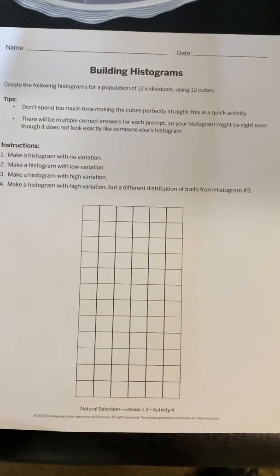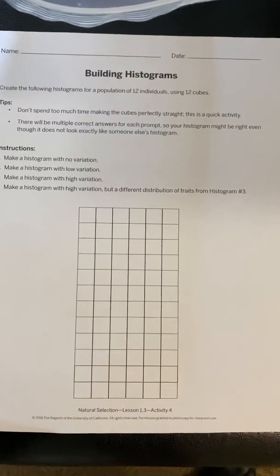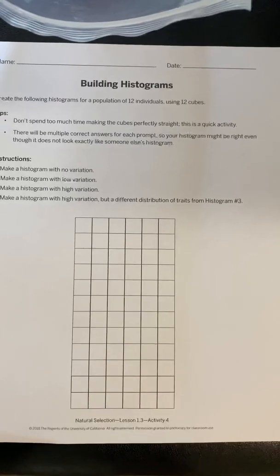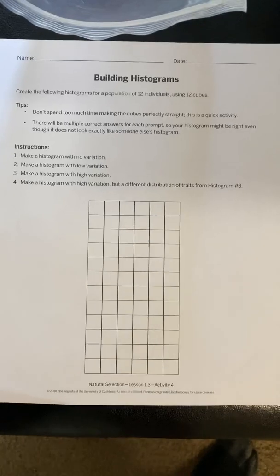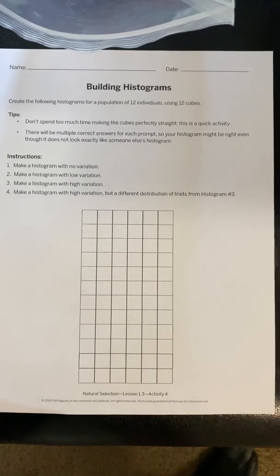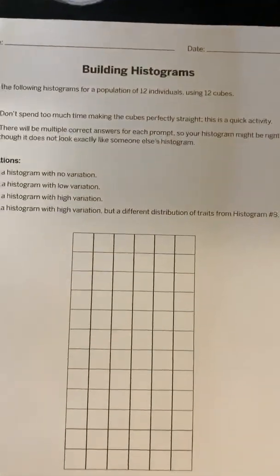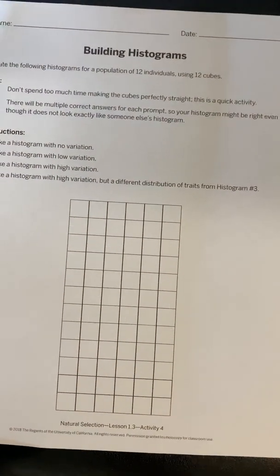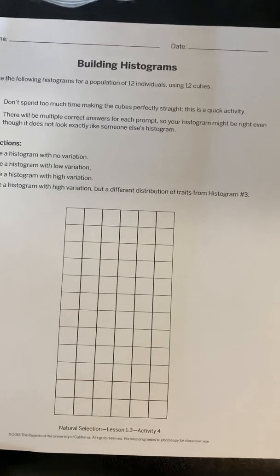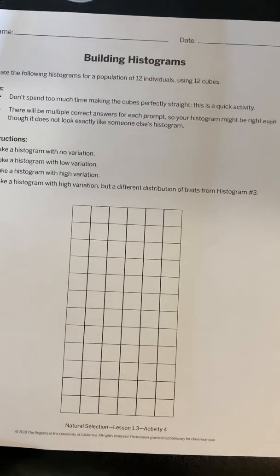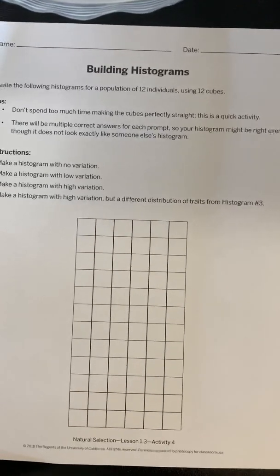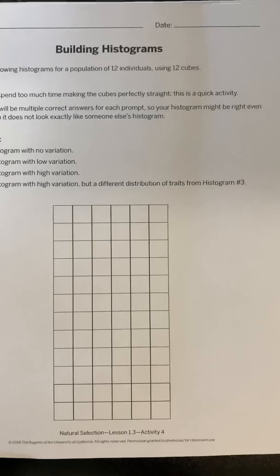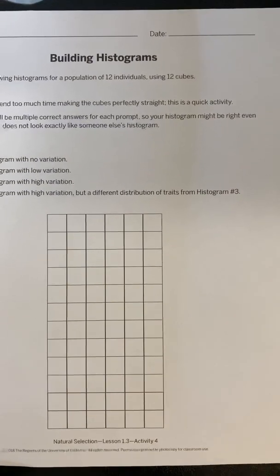All right, so this is activity 4 of lesson 1.3. We're going to make histograms for a population of 12 individuals. If we were in class, I would have given you 12 of those and this sheet, and you were going to make different histograms, thinking about how many bars you should have in each histogram, and then how high each bar should be based on the instructions